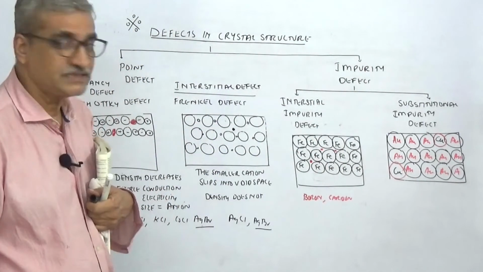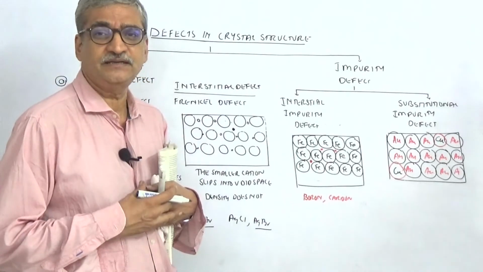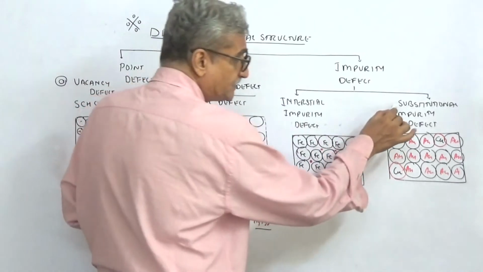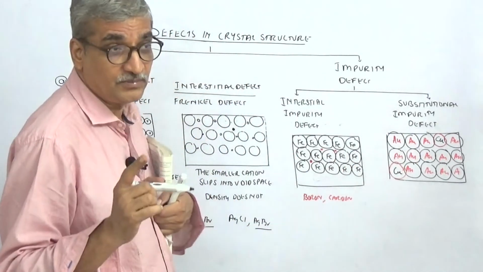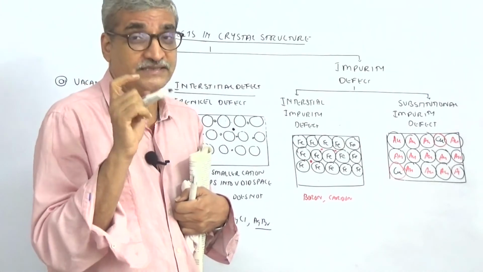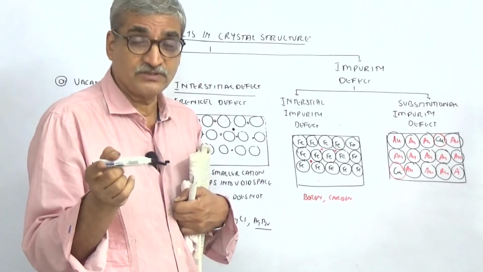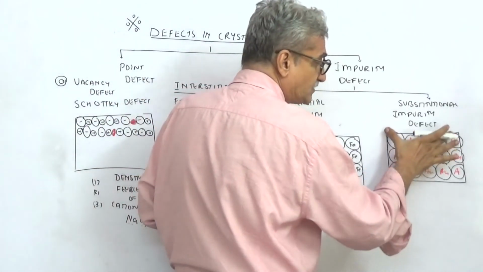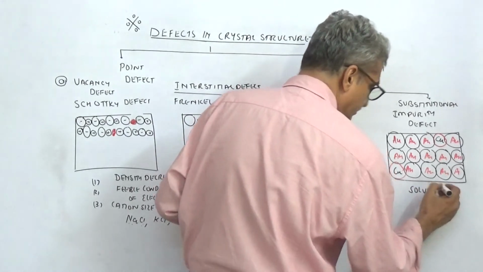Copper or silver. This is clear. So they simply substitute the existing metal atom. So then they are called substitutional impurity defect. Now understand, when I talked about colloids, they were what? Alloy was one example. So this year I am going to teach you solution, where alloys are an example. So when is an alloy a solution? When an alloy has substitutional impurity defect, it will be uniform, homogeneous, it's a solution.